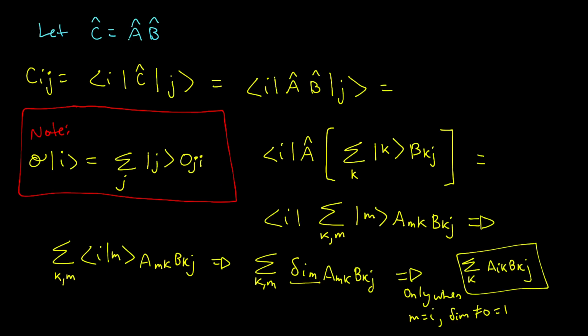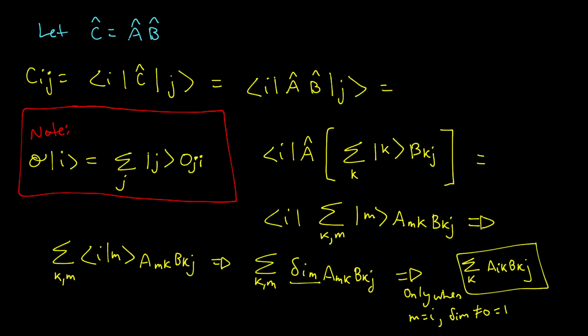So let the operator C be the effect of first applying operator B on a ket vector and then operator A on a ket vector. That means C_ij has to equal the bra vector ⟨i| times C operated on the ket vector |j⟩. That means ⟨i|AB|j⟩ has to equal ⟨i| times the operator A operated on the effect of operator B on ket vector |j⟩, which equals the sum over all k of |k⟩ B_kj, and then we could